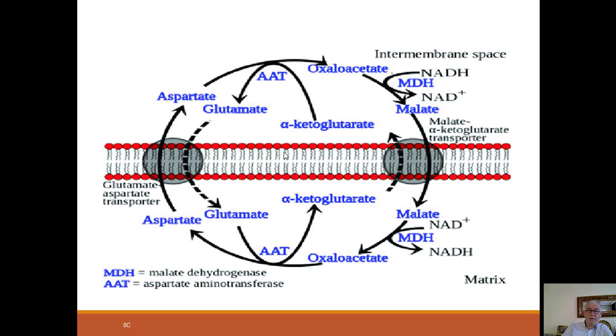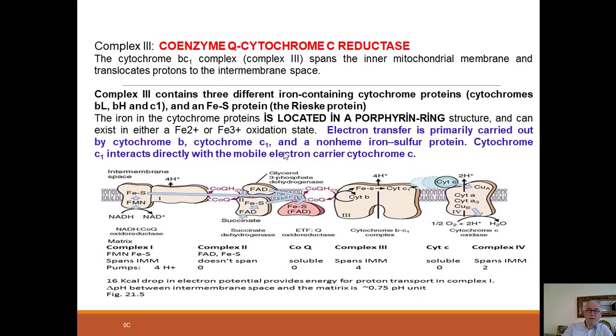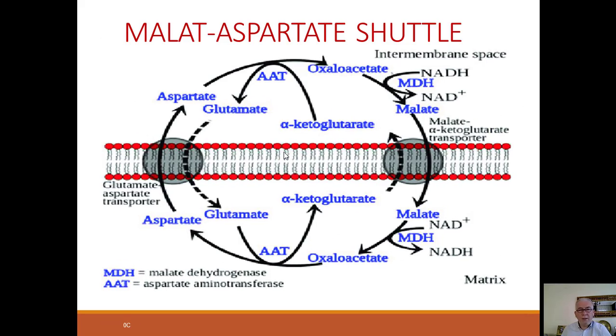And another complex is called the malate aspartate shuttle, and this enzyme also has two types,